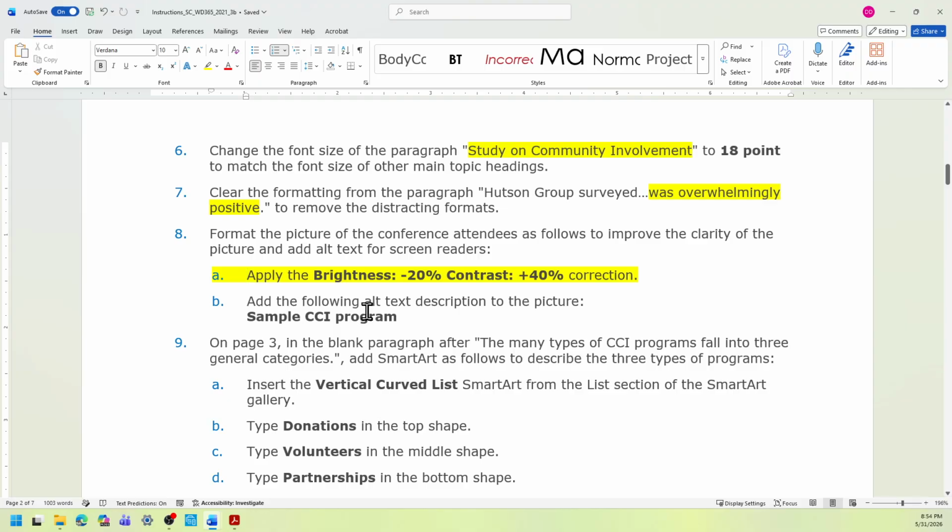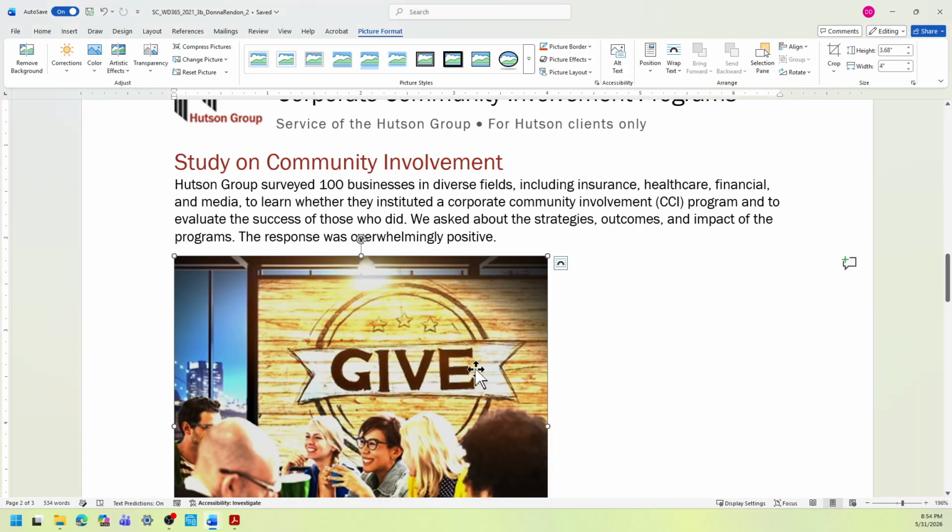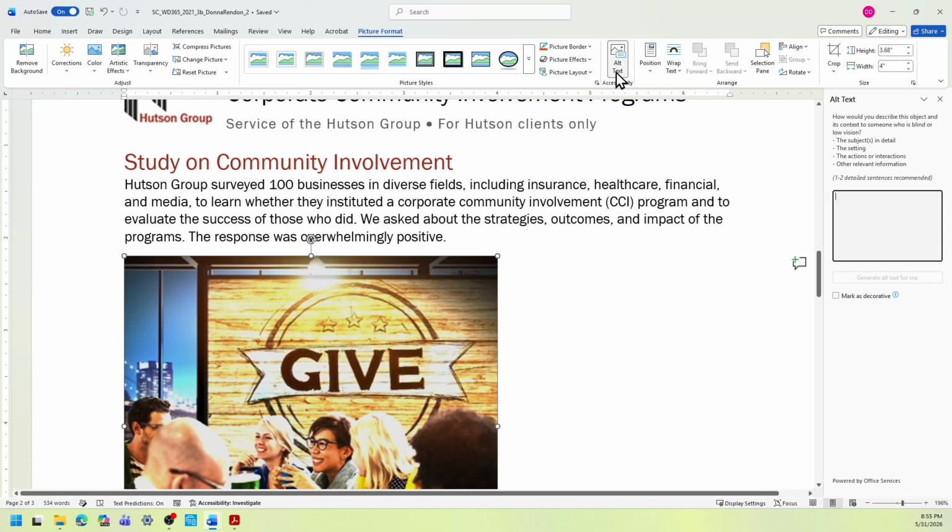And then 8B, we're going to add the following alt text description to the picture. The words are sample CCI program. There are two ways you can do this. From here, still under Picture Format, under Accessibility, select Alt Text and then start typing sample CCI program.